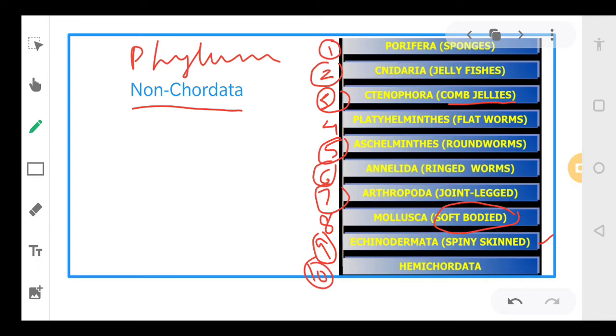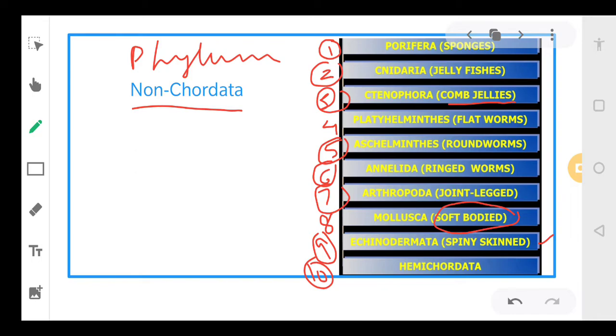So in phylum non-chordata, we have 10 divisions, or 10 classes. What are those classes? Can you tell? What are those classes, everyone? Tell me. The very first is Porifera. Second is Cnidarians. Third is Ctenophora. Fourth is